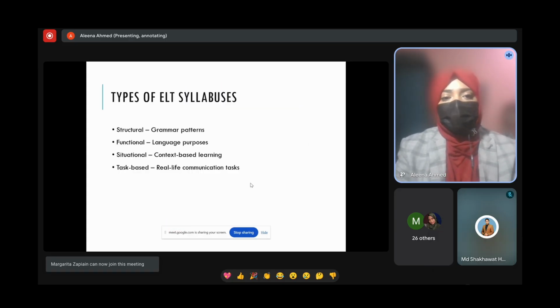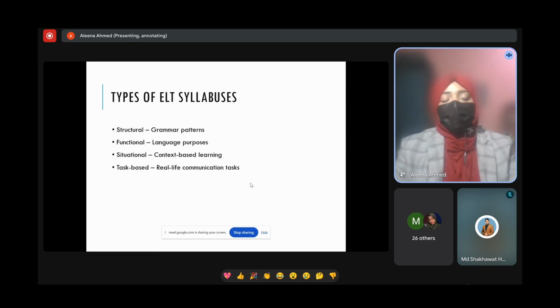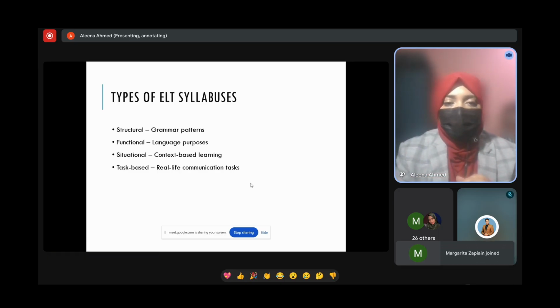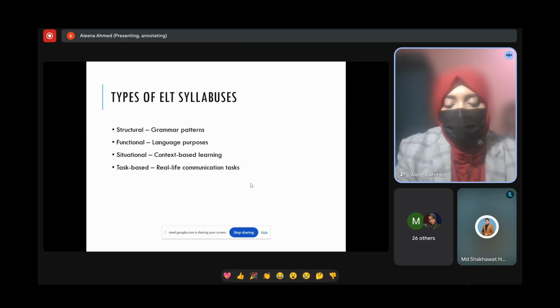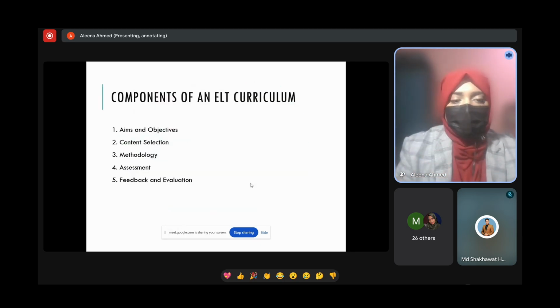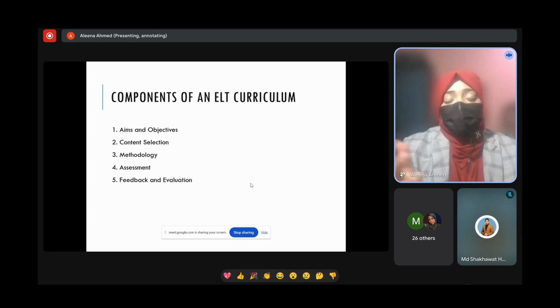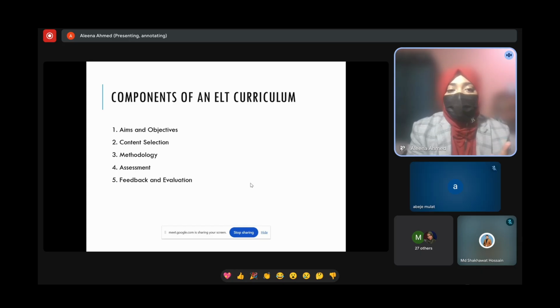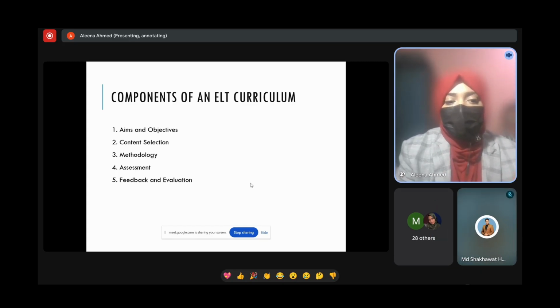All right. Let's come to the next, types of syllabuses. You know, curriculum was a broader term, and the syllabus comes under the curriculum. And definitely now syllabus, as we have seen in this slide, that curriculum comprises of syllabus. Now syllabus comprises of aims. Syllabus comprises of all other components like content and methodology and assessment.